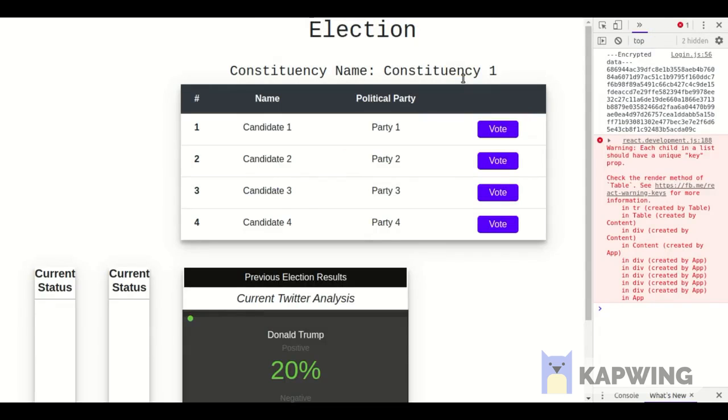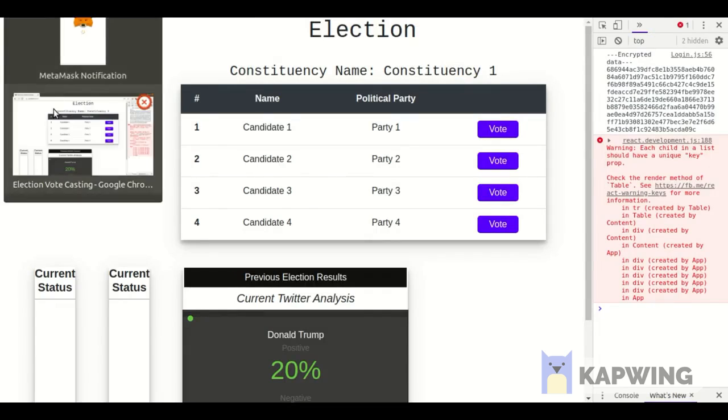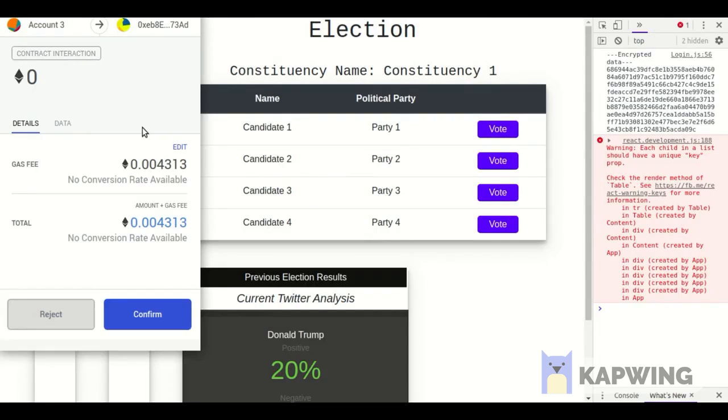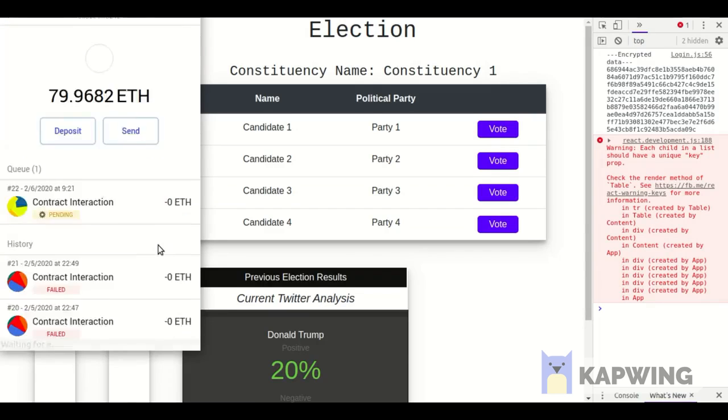So once the login is done, the storing process is initiated, and I get a MetaMask notification for storing the data that is given in the login. The data that is stored here is the account number and the respective encrypted data, that is the combination of the account number and the Aadhaar number. So once I click confirm,